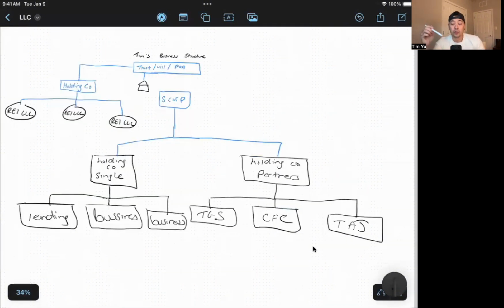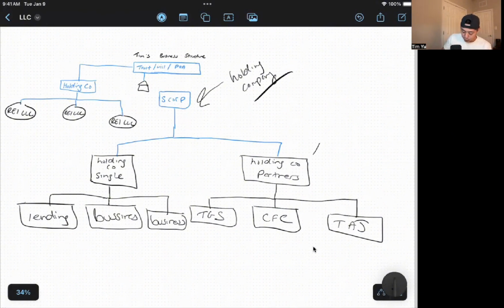So we move over to an S corp. This S corp here is actually a holding company as well. So this is a holding company, but it's specifically an S corp, and I can actually pay myself a dividend or a salary from all these different structures that are moving up into it. But basically, how I structured this S corp is I broke it off into 2 different holding companies. I have a holding company for my businesses with partners, and I also have a holding company for businesses that I own by myself, right?